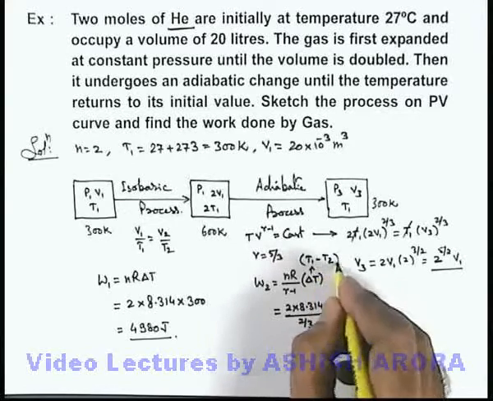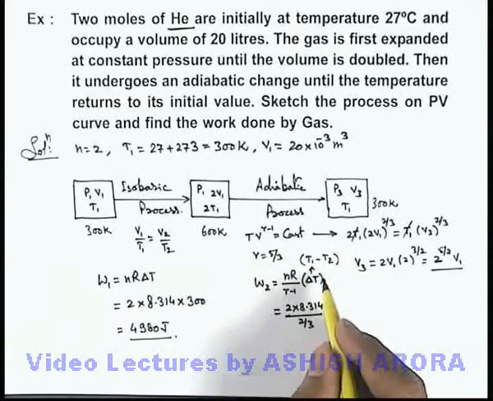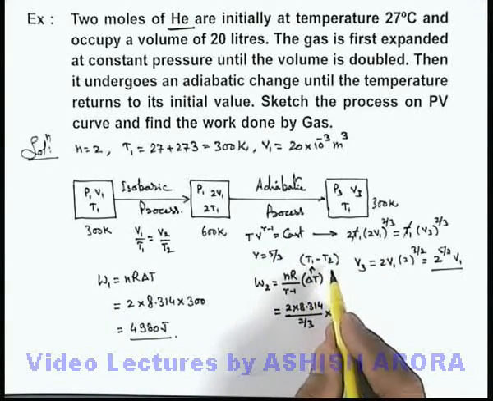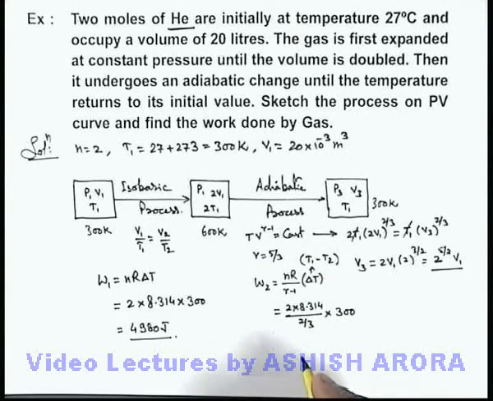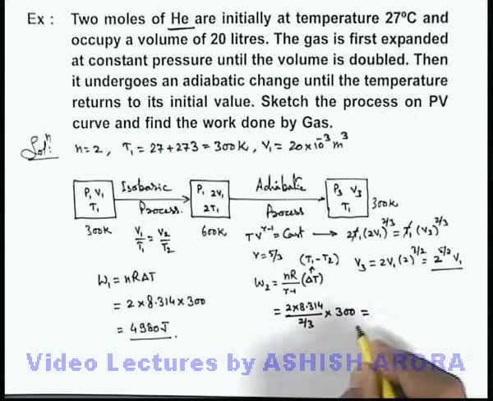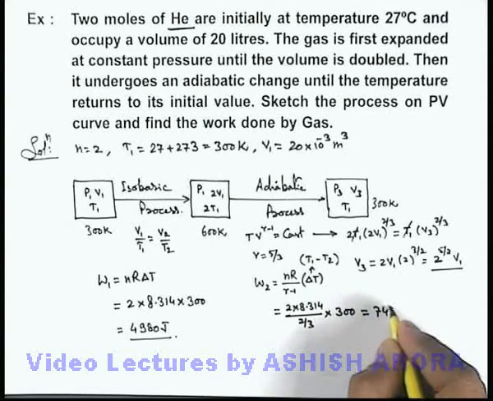If you can recall, we have studied in an earlier section about the work done in an adiabatic process. So here this will also be 300. So if we calculate the value, the work done we are getting is 7470